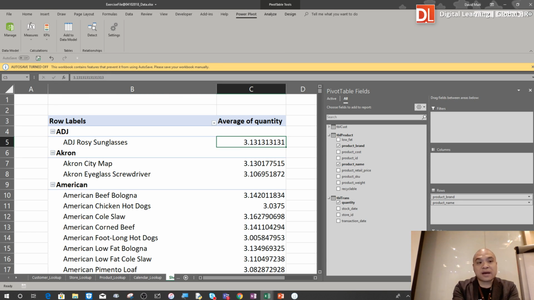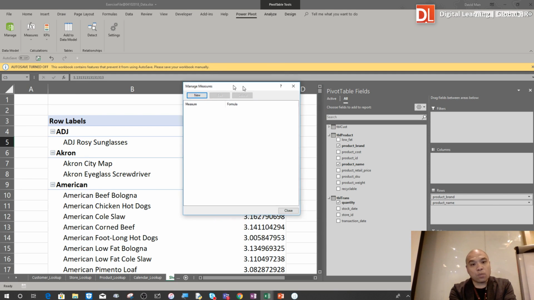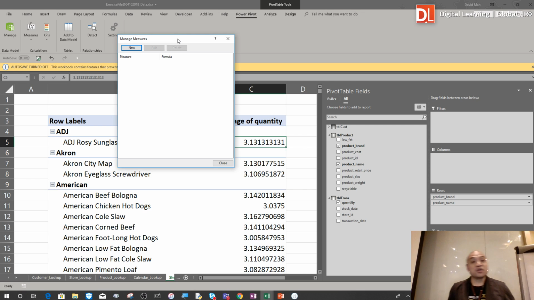Okay, if you would like to have a look at the details about the measures in this pivot table, can you see over here? Under the pivot table choose over here, and then you'll find the menu called PowerPivot. And over here, we've got the measures, right? If you select the measures menu, over here you've got something called Manage Measures. After you click it, you find out, wow, how come there are no measures over here? As I say,